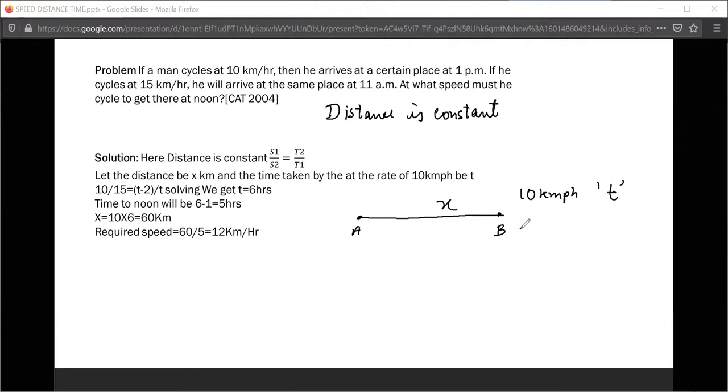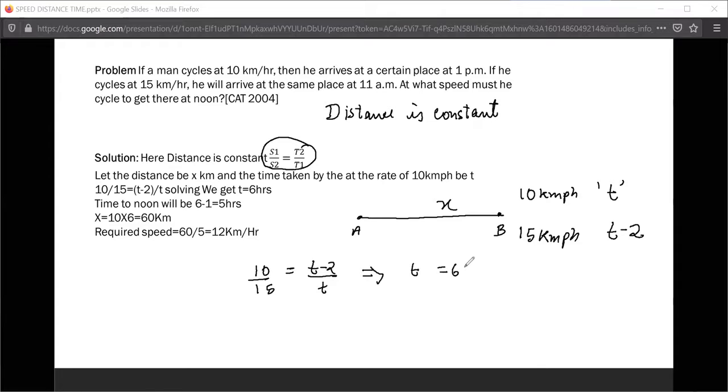It's also given that at the speed of 15 kmph, it reaches the same place at 11 a.m., that is 2 hours before that. So the time taken will be t minus 2. And now we know that distance is constant, we can apply this relationship. We'll get 10 upon 15 equals t minus 2 by t,